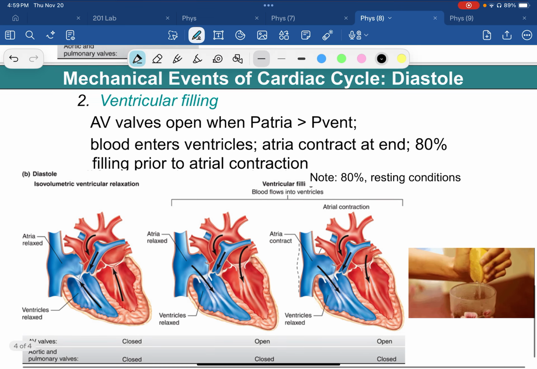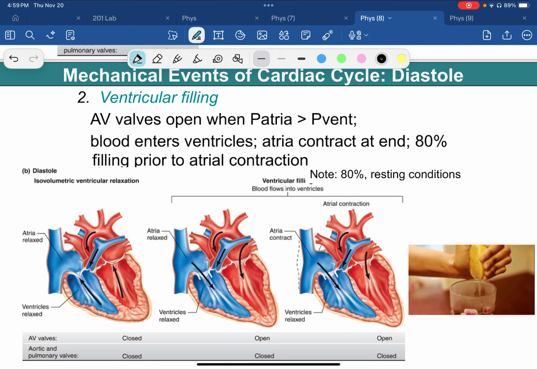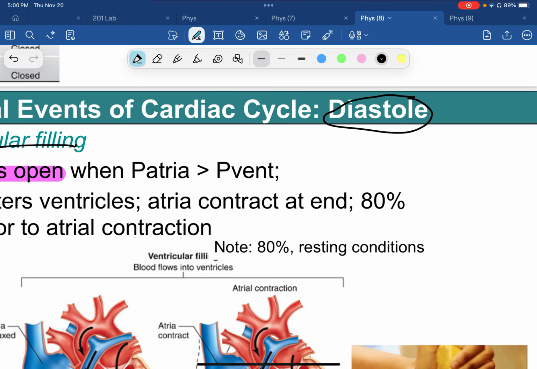Then we move down to the last stage of this, the second part of diastole, ventricular filling. This is when our ventricles fill. Our AV valves are going to be open, and those are our tricuspid and bicuspid valves. This is where the blood flows from our atria into our ventricles. We can think of this as the pressure in the atria being greater than the pressure in the ventricles. So there's an increase in atrial pressure,